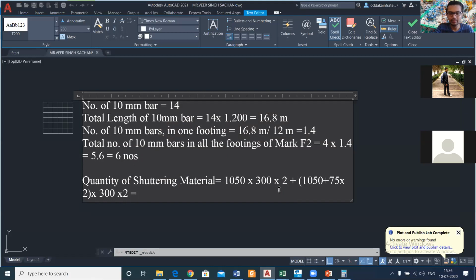So what is the result? How much is it coming? The unit will be square millimeters, as we have taken everything in mm.